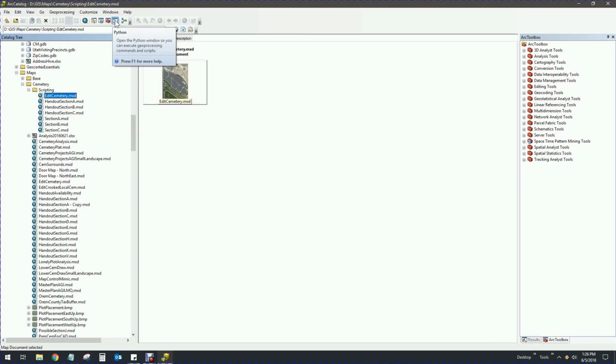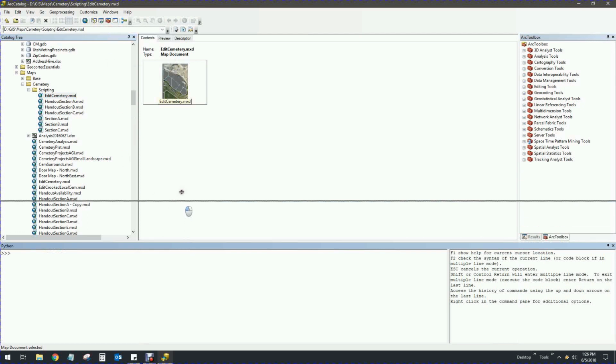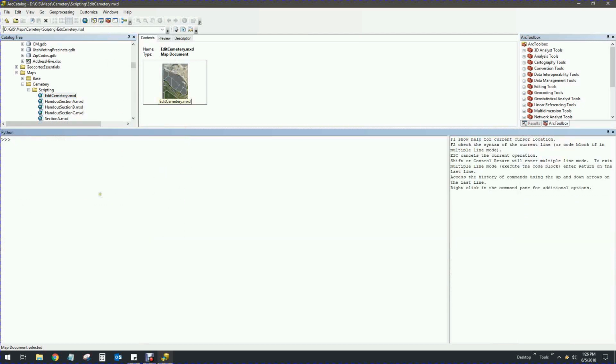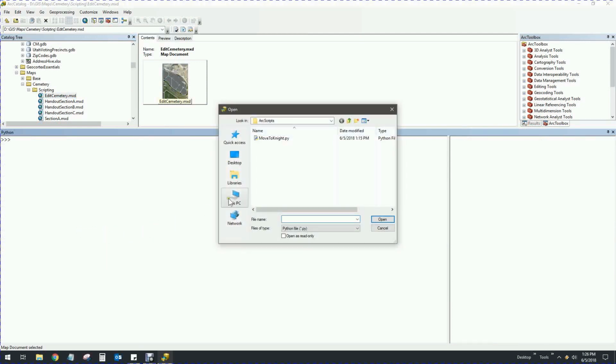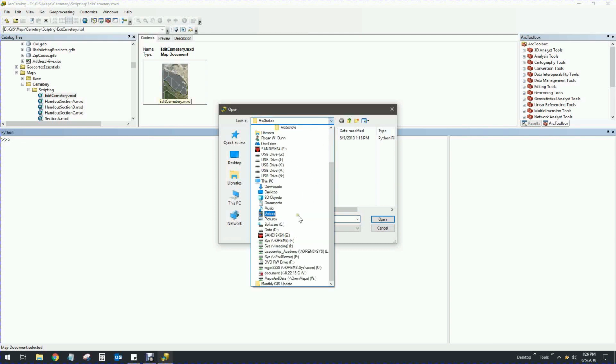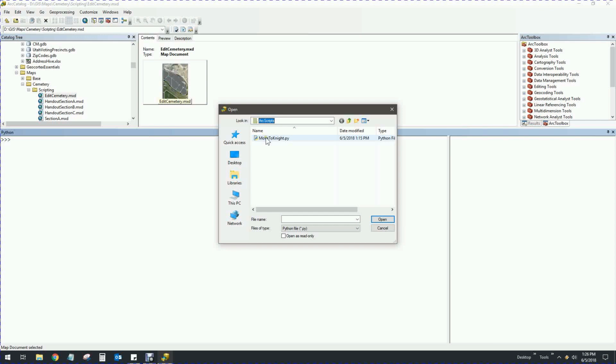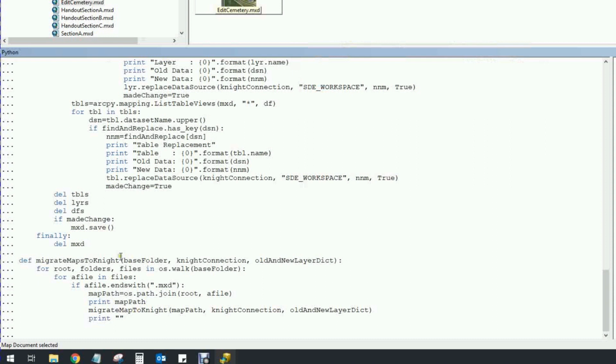First of all, I'm going to open the Python window by clicking this button up here. I'm going to make it large because I want to be able to see a lot of stuff at once. I'm going to right click the window and click Load, and I'm going to go out to the Arc Scripts folder under ArcGIS in Dataproc Apps. So hopefully you can see that path here, and the script that I'm referring to is called Move to Night, and I want to open it. Once it opens, Arc Catalog is waiting for me to confirm everything, so it wants me to press Enter,